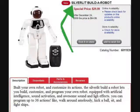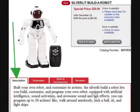Silverlit Build a Robot. Build your own robot and customize its actions. The Silverlit Build a Robot lets you build, customize, and program your own robot. Equipped with artificial intelligence, sound activation, and awesome sound and light effects, you can program up to 36 actions, like